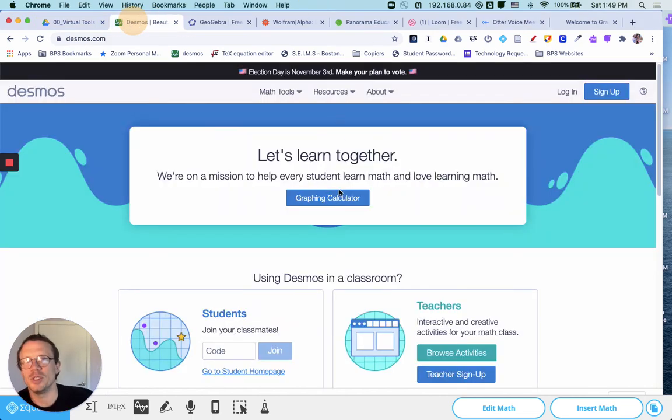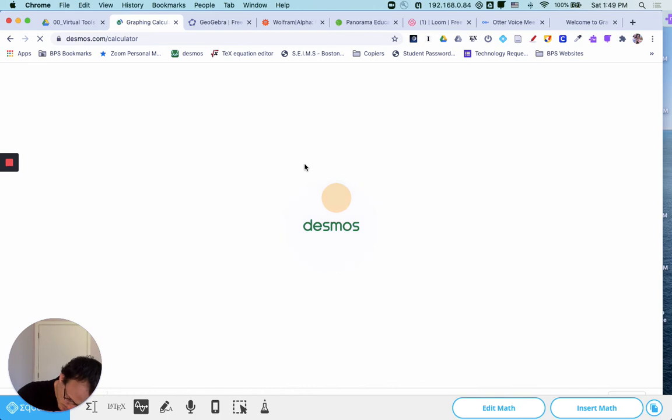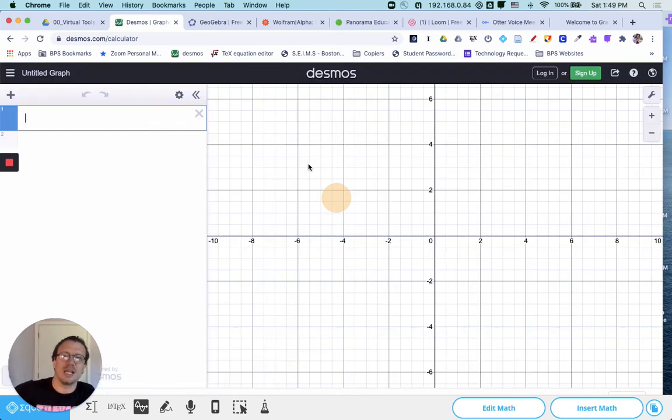So Desmos, you can use the graphing calculator in here. I think it's pretty convenient when you're sharing your screen to be able to use Desmos. But I also am encouraging students to do it, and I'm showing them some of the features that they might not know about in Desmos, like the ability to download images. So when you're in Desmos, if you want to download an image and submit it like Mr. Muncie was talking about with a Google form,